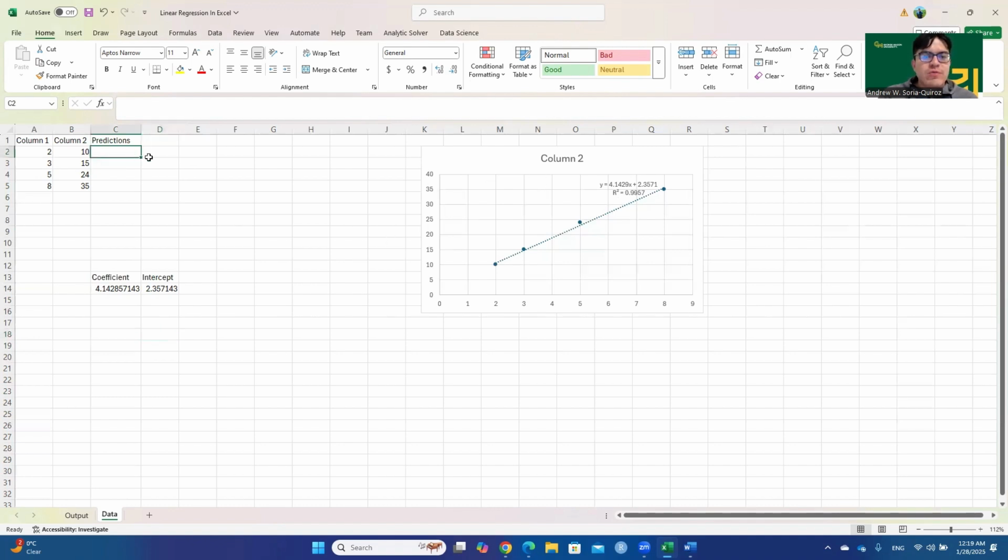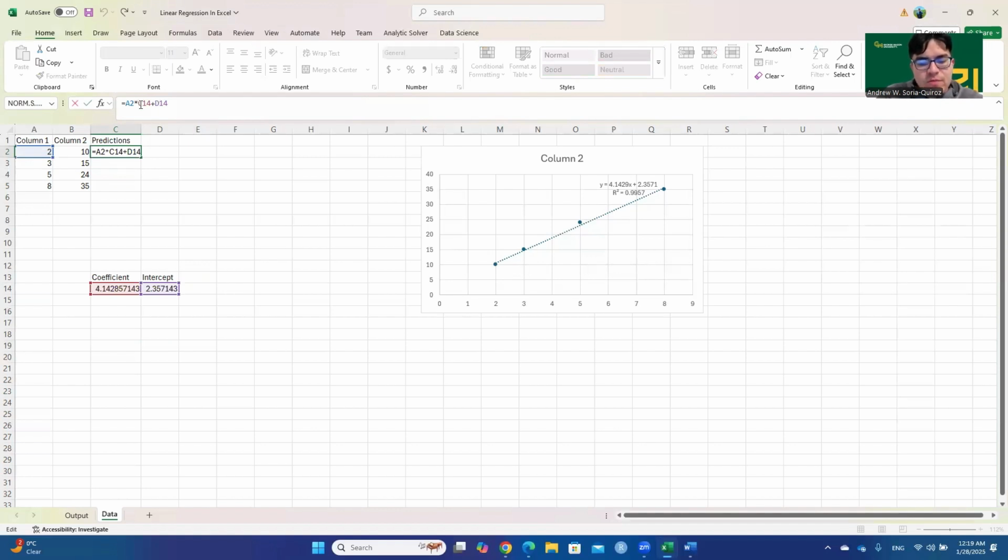For each observation, we are going to calculate the value of X times the coefficient, 4.14. And then we're going to add to that the intercept. Mind you, it's almost the same value here. That's why they are almost at the same value. Probably there is a very small difference, because the line goes there and the line actually goes all the way over here. So this is the 2 that it's talking about. But we are going to do exactly that